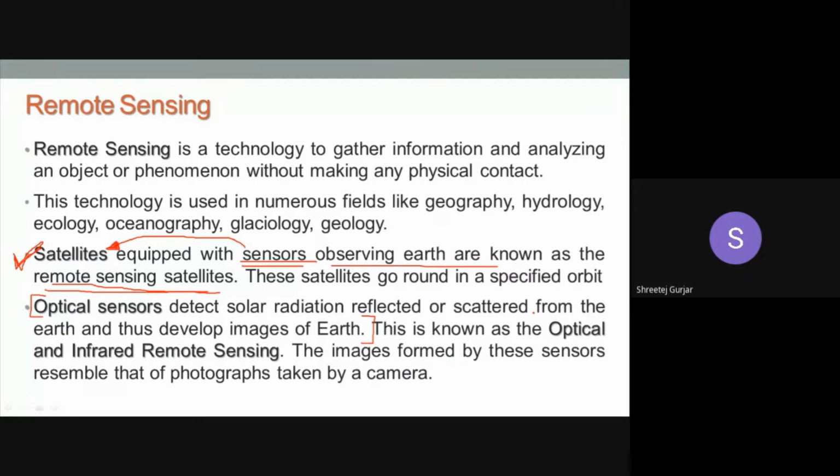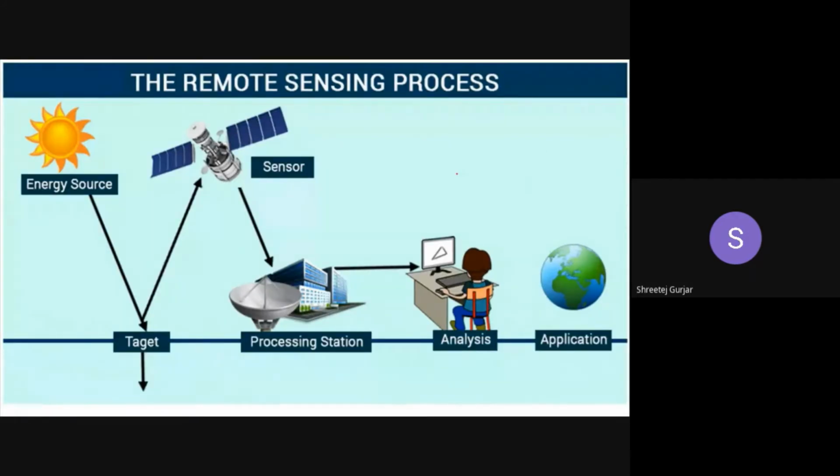Okay, so moving on. This is showing you the remote sensing process, how the remote sensing actually occurs, what is the process involved in remote sensing, right? So this is the basic process, and this also represents the idealized remote sensing process, wherein we have an energy source. You can see usually the sun is used as an energy source, right? Clearly you can see a sun is there. This is the first part. The sun is radiating energy, it is radiating light, right? Various radiations it is giving out.